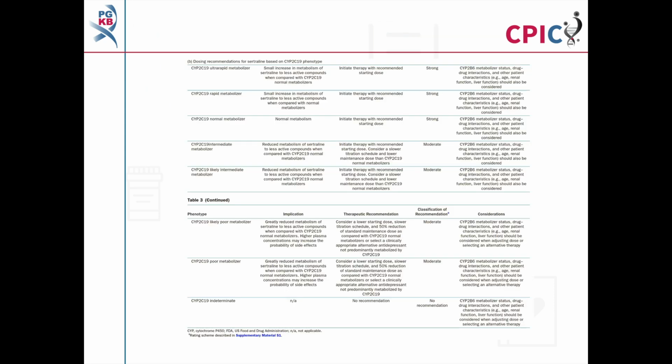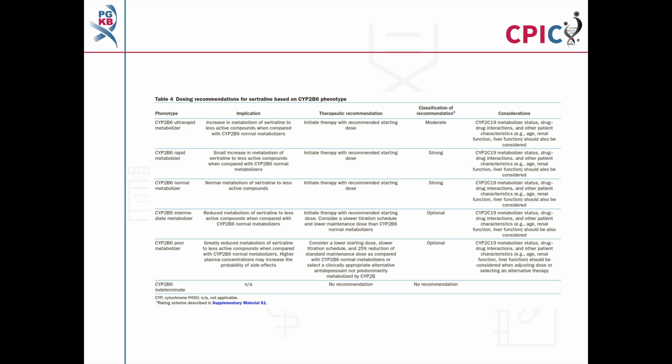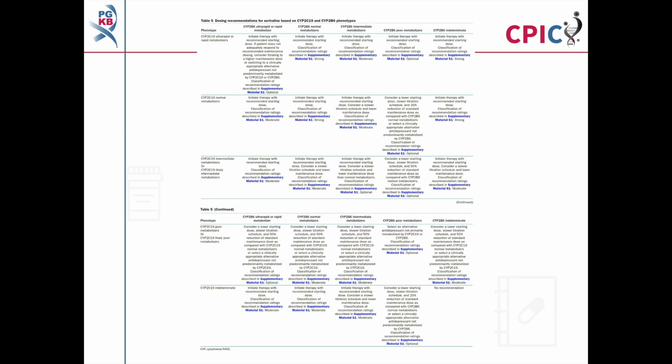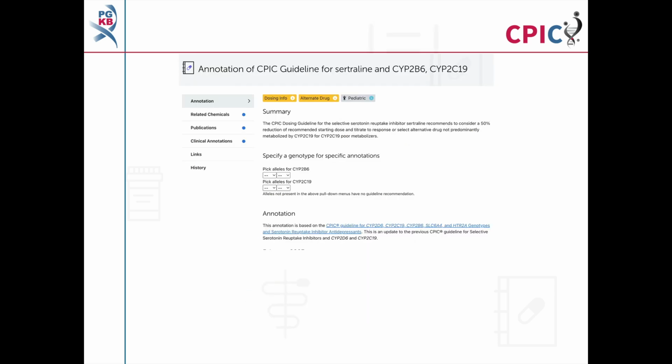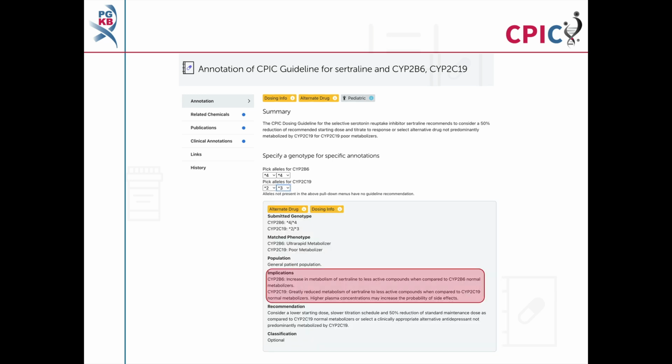The recommendations for sertraline by CYP2C19 phenotype can be found in Table 3 of the guideline publication. Table 4 of the guideline publication shows the recommendations for sertraline by CYP2B6 phenotype. Table 5 in the guideline publication gives recommendations for sertraline and combined CYP2C19 and CYP2B6 phenotypes. This guideline has been annotated on the PharmGKB website. This includes a drop-down menu where a specific recommendation can be given for given combinations of alleles. This includes implications for the patient's response to sertraline, the appropriate recommendation for the specific metabolizer phenotypes, and the strength